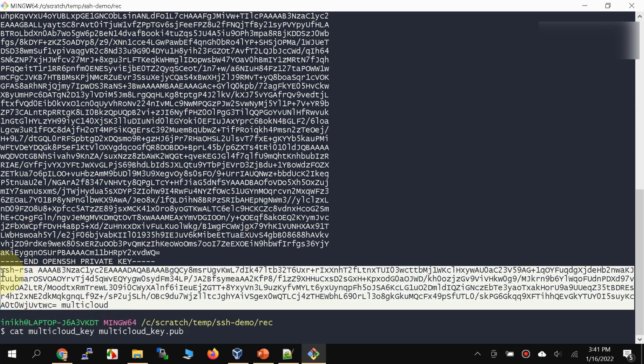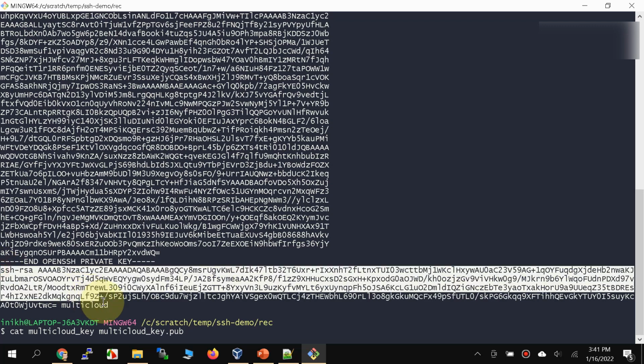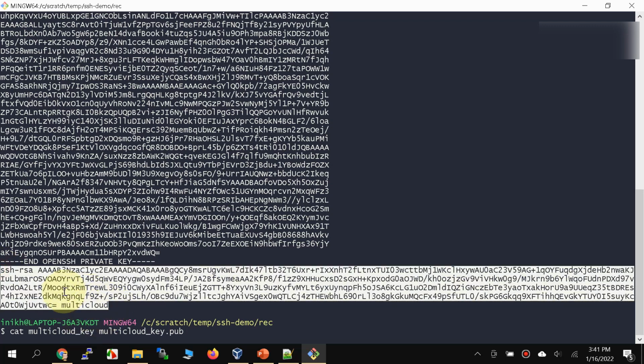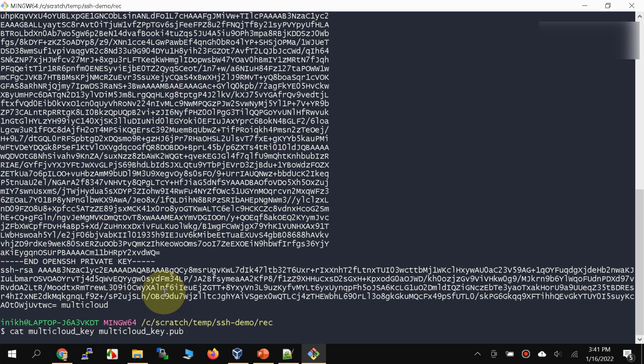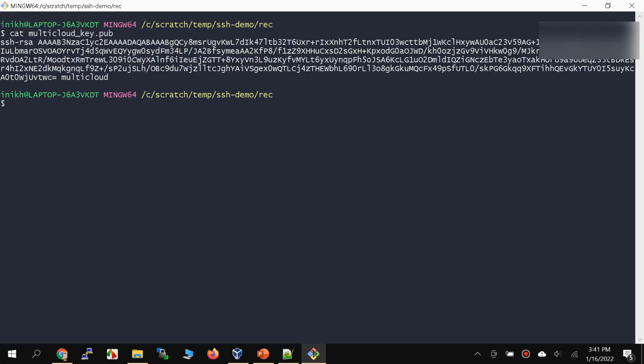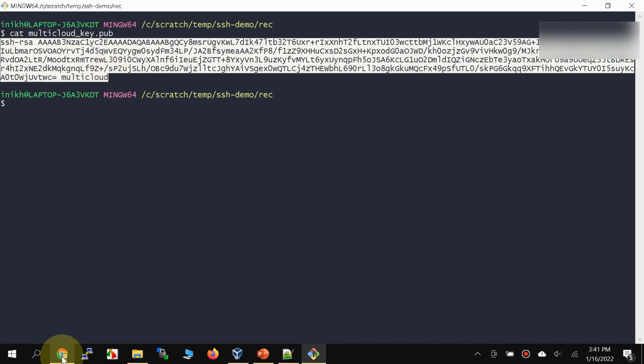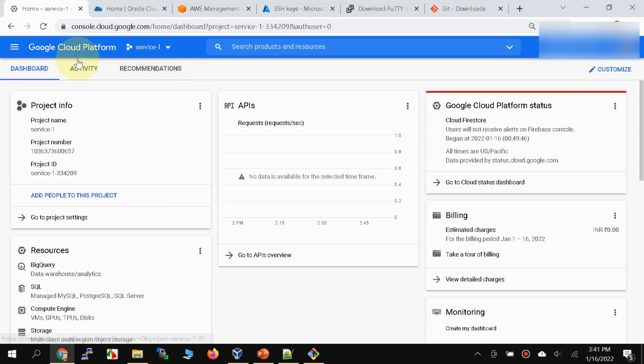Now currently we are interested in the public key, right, which we need to add to each of our cloud providers. So let's go ahead and do that. What I'm going to do is copy this public key, or in fact let me just clear the console and cat multi-cloud key.pub and copy till here, and let's go ahead and add it to one of the projects in my GCP